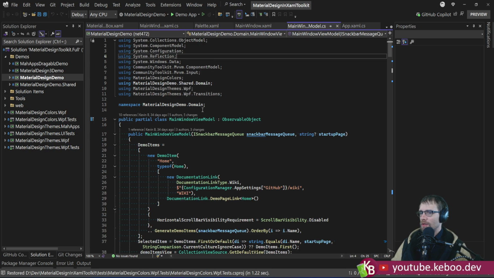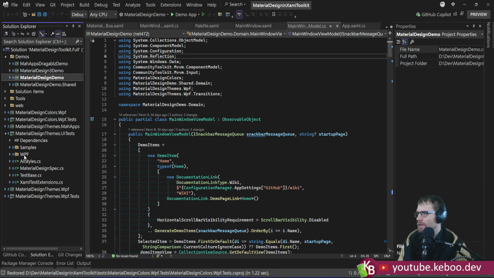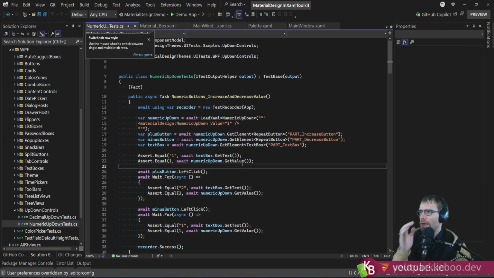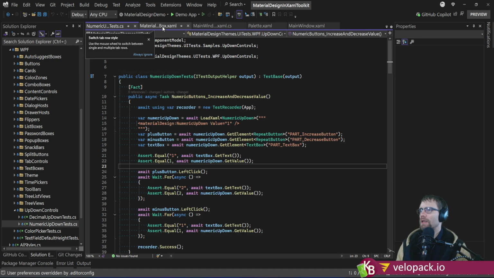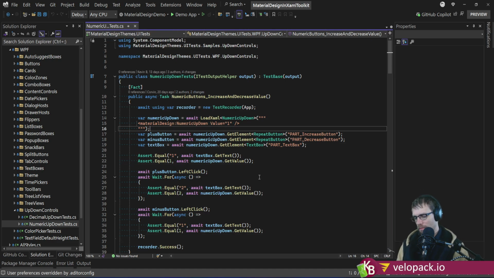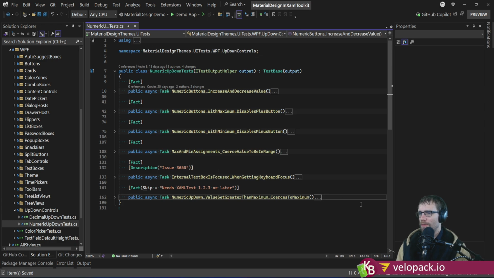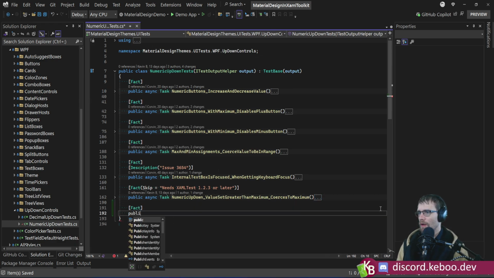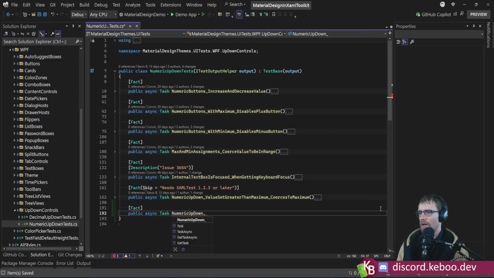We don't have that many unused usings, and it's just struggling to restore. There we go. Okay, so let's go to the UI tests, WPF, up-down controls, numeric up-down. So I don't think we need a separate test for decimal versus numeric since they share the same base. But I am thinking, let's see if we can do this one. Public async task numeric up down,